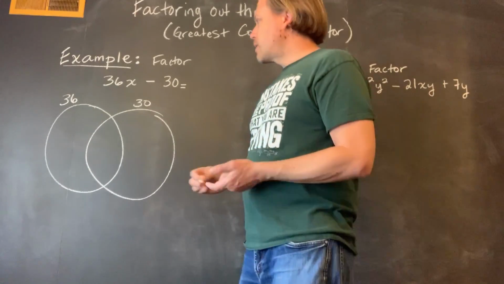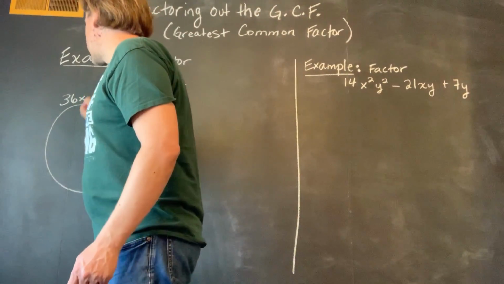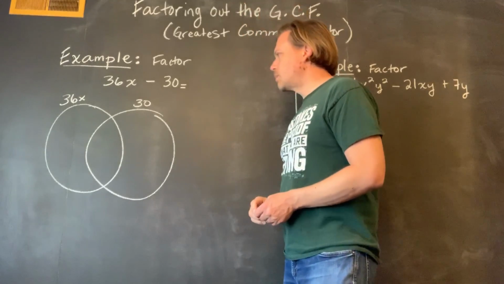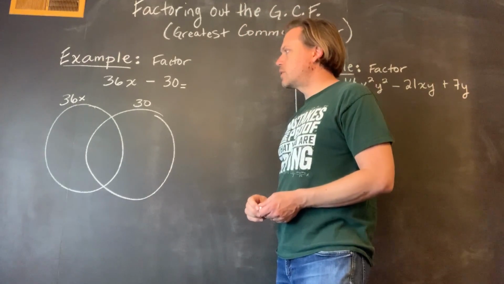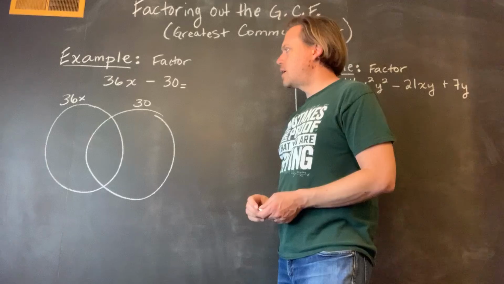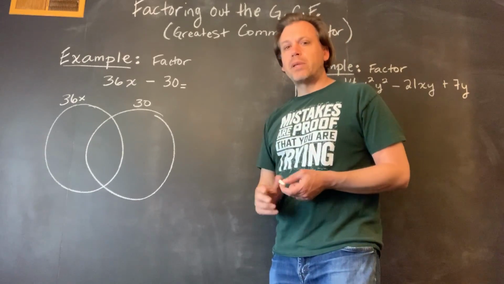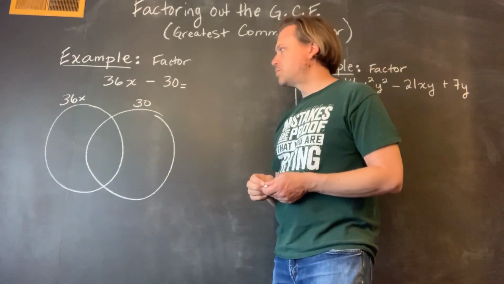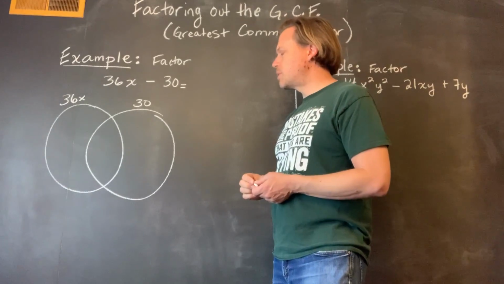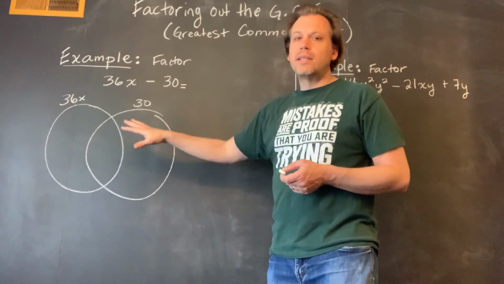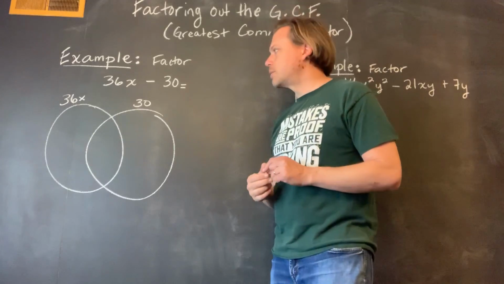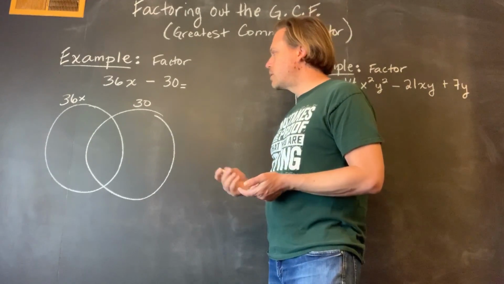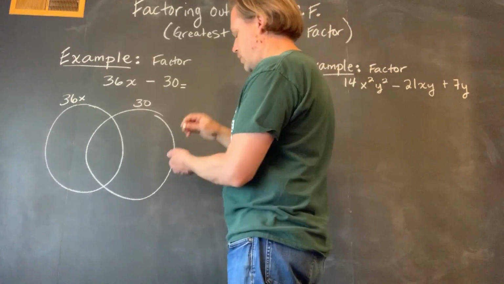I'm looking for all of the factors of 36x and 30, and then I'm going to use this Venn diagram here. The Venn diagram is nice because the part that they have in common is going to be my greatest common factor. So if you take these two, for example, 36x,